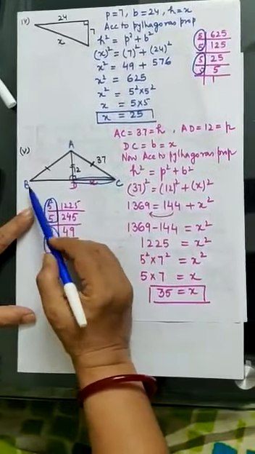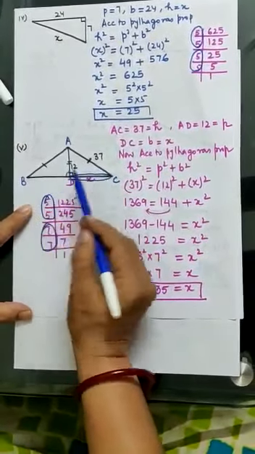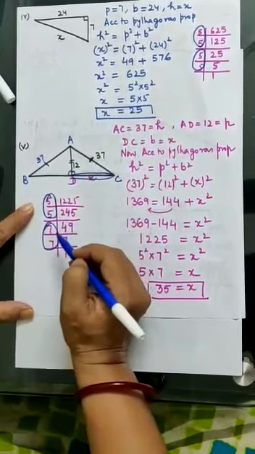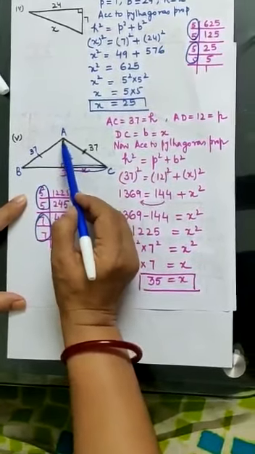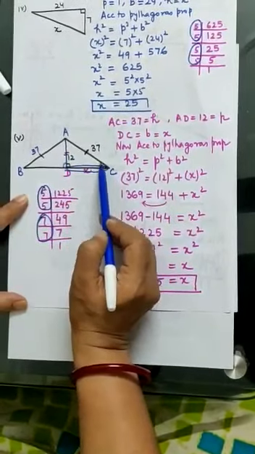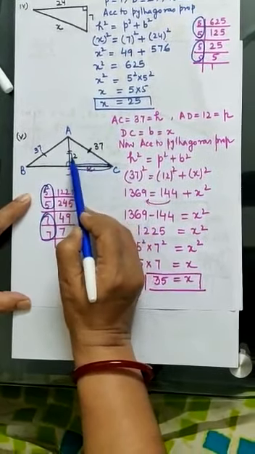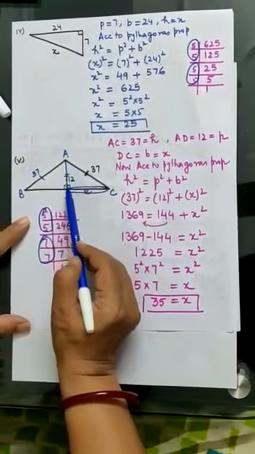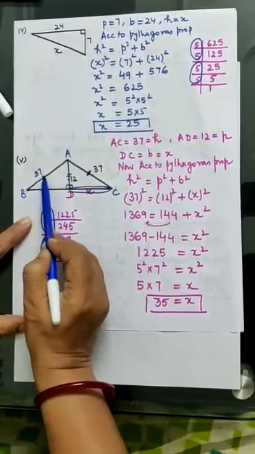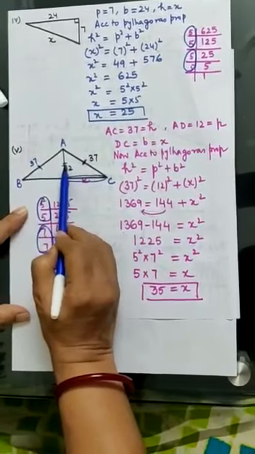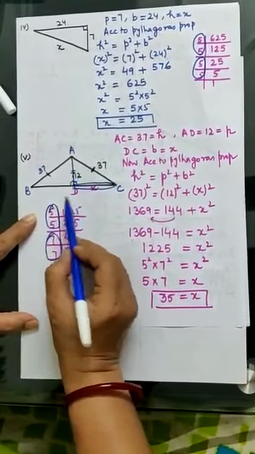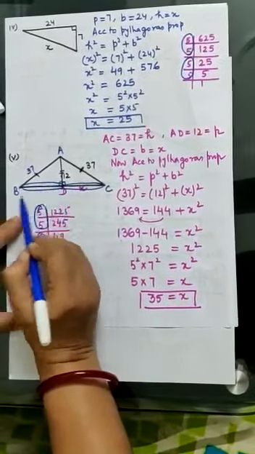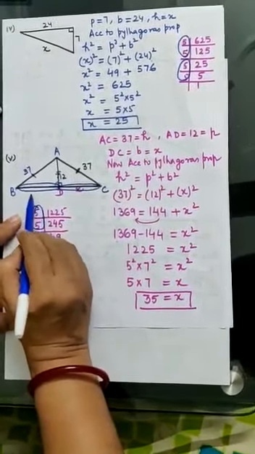Now also we see that this is an isosceles triangle. So if this is 37, this is 37. Now see here. When you had taken triangle ADC, 37 was hypotenuse and perpendicular was 12. Now when you take triangle ADB, again you will have hypotenuse 37 and perpendicular 12. So when you calculate BD, it will also come same only, that is 35.